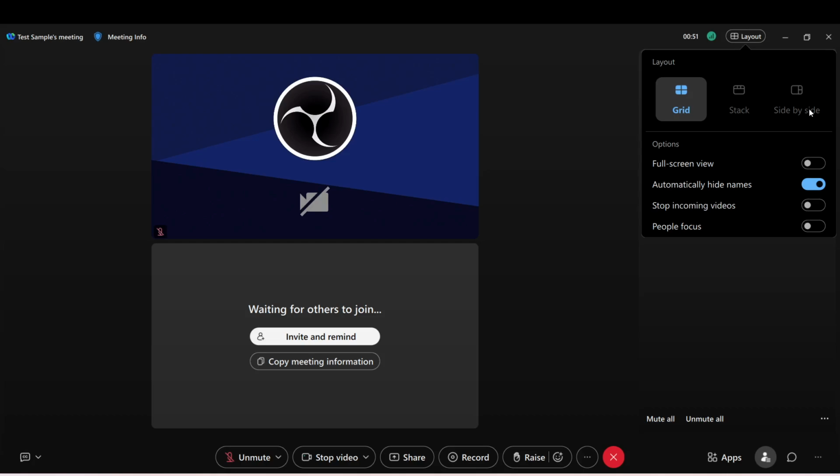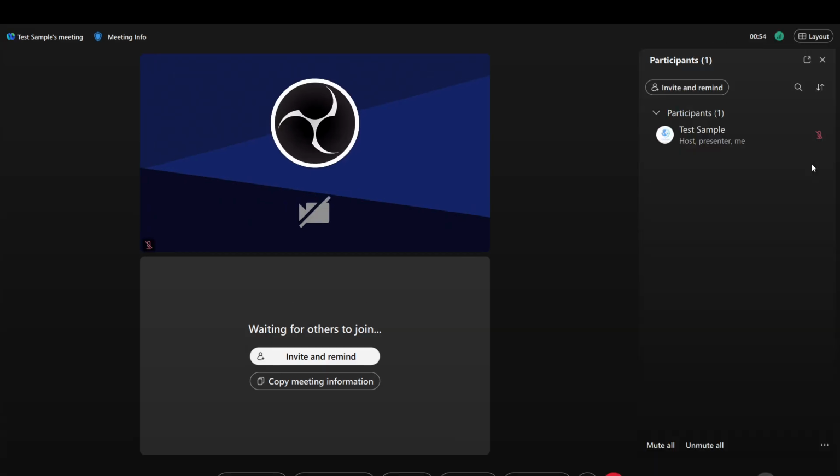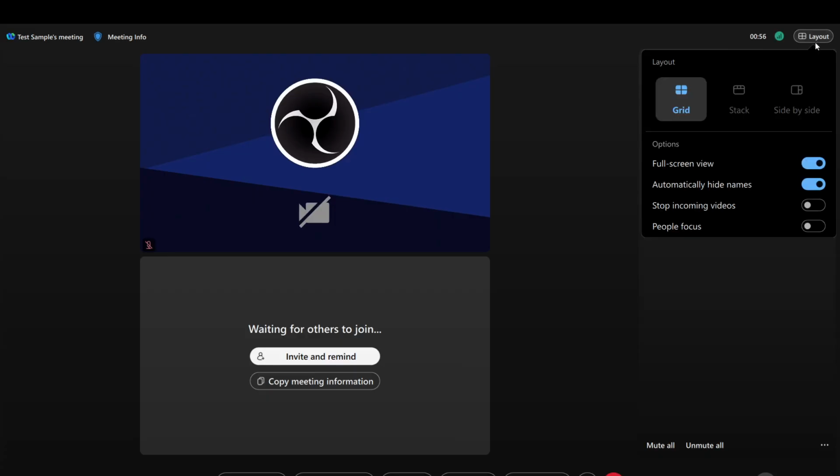Now, let's discuss Full Screen View. This option hides the application panels entirely, allowing the active speaker or presentation to fill your entire physical monitor. This immersive experience is great for focusing on content without distractions. It is especially useful for webinars or important presentations where you want to absorb every detail. Choosing this view can enhance your engagement with the material being presented.